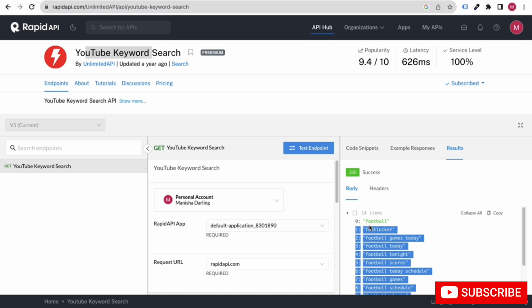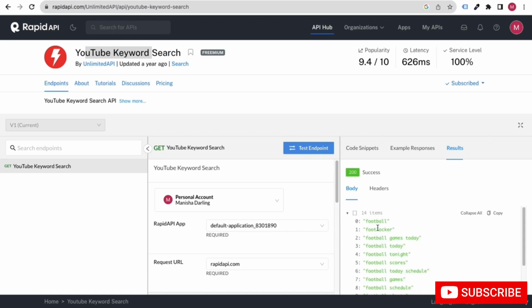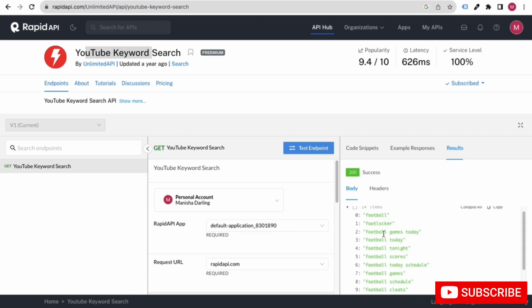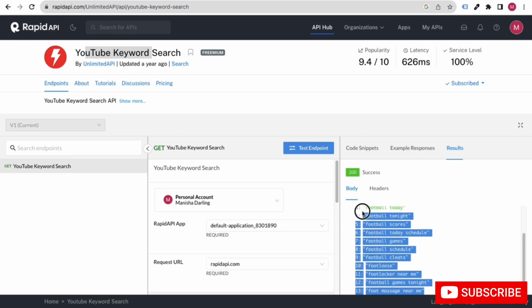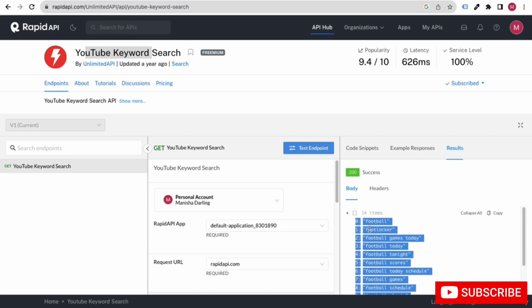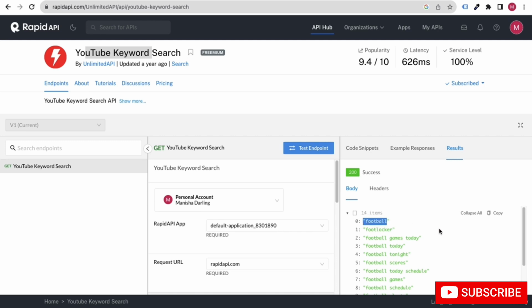But you can also give your audience more features. Whenever you are going to build your own API, you can include more features as compared to your competitors. For example, if your competitor is providing only 13 keywords, on your API you can provide, let's say, 15, and along with that you can also provide the search volume. That means how many people are searching for this keyword, like that, right?